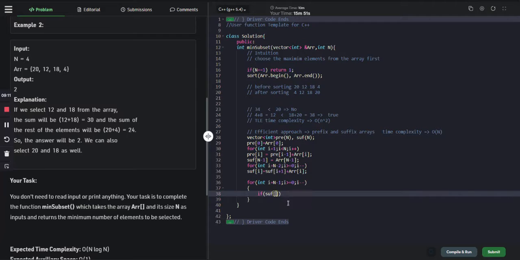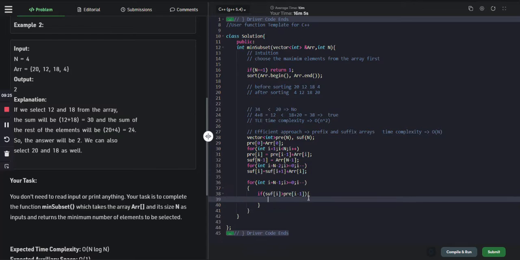And now, if I choose the sum of the second partition, the right partition, is greater than the sum of the left partition, then that means that my length will become